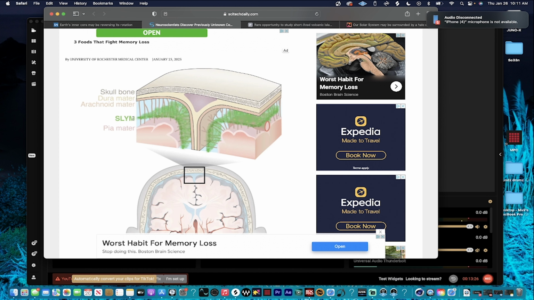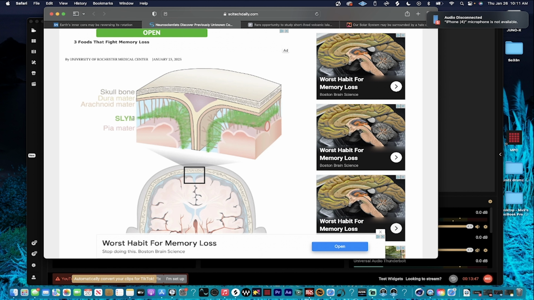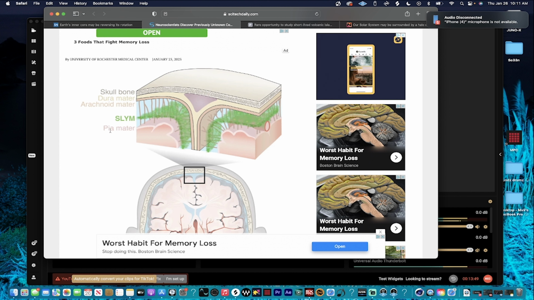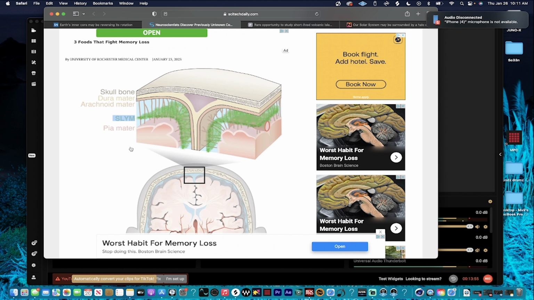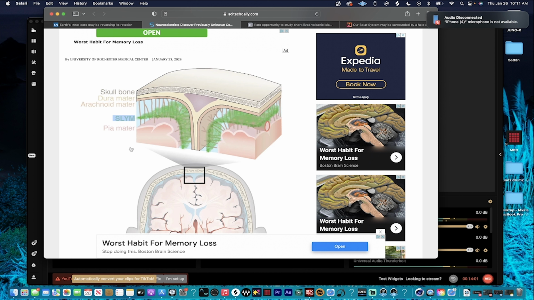Let me see. One of the things that they found about this cerebrospinal fluid that I think is pretty cool is that it synchronizes with brain waves, which they say helps it remove waste. So now that adds another component, because now I'm thinking, I don't know, my brain's moving a little bit sideways, but